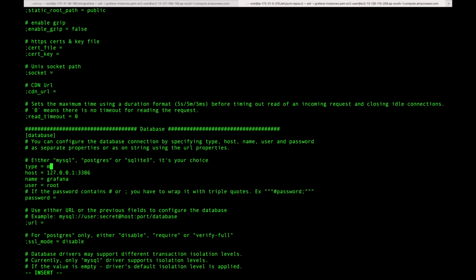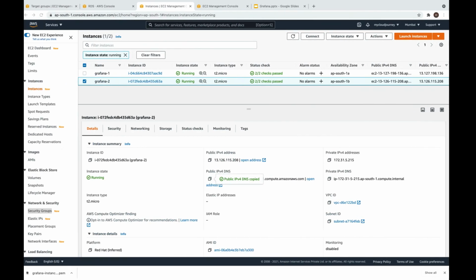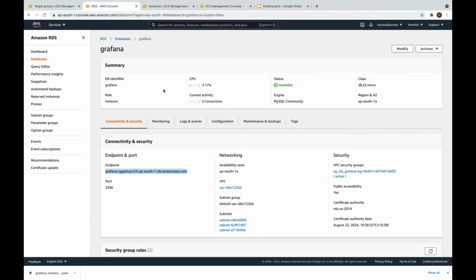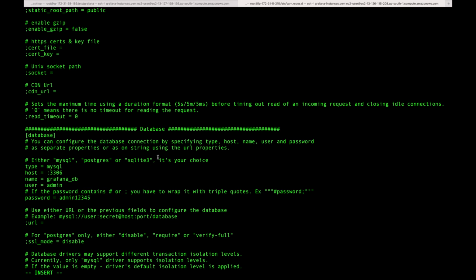Type is MySQL. Host name will copy again in a minute. Database name is grafana_db. Username is admin. Password is admin12345. Let me copy the database host name, Ctrl C, and then I paste it here.